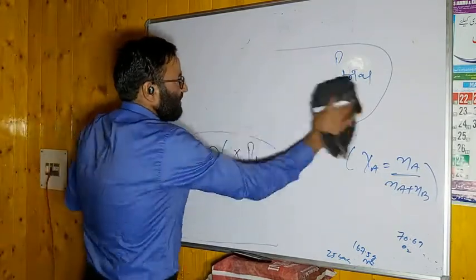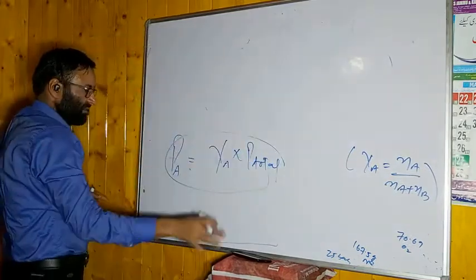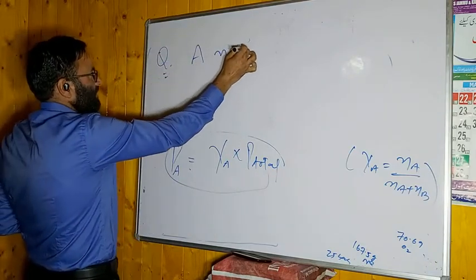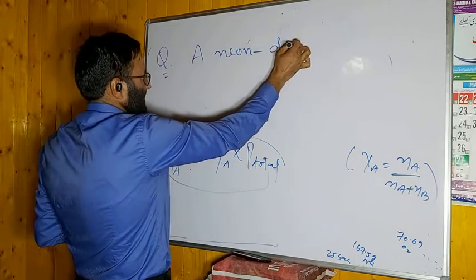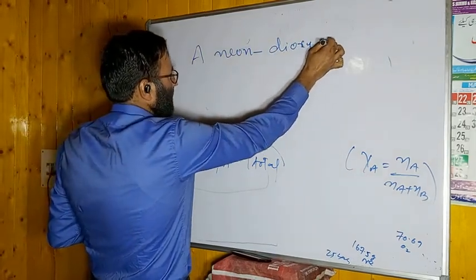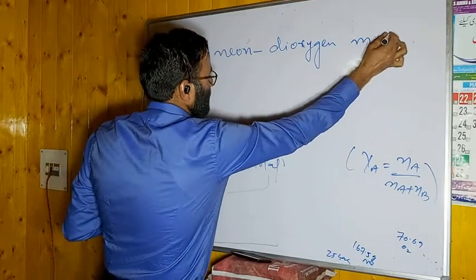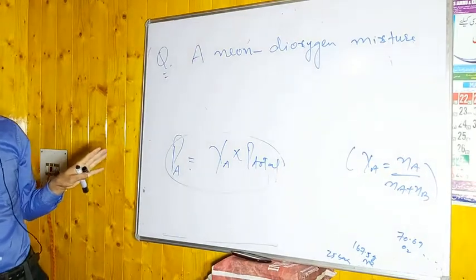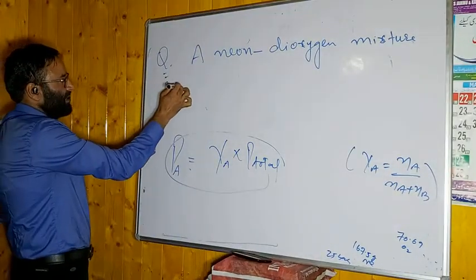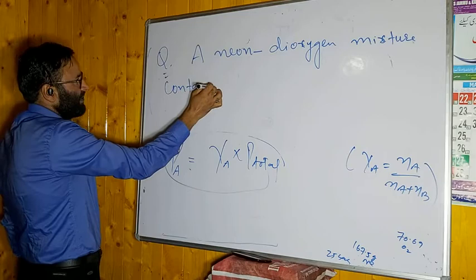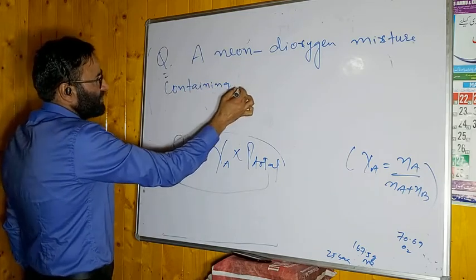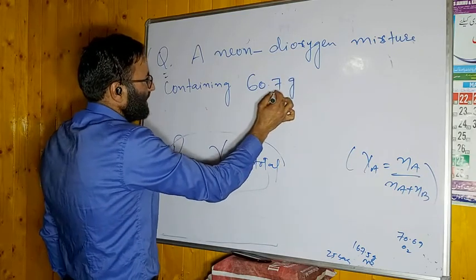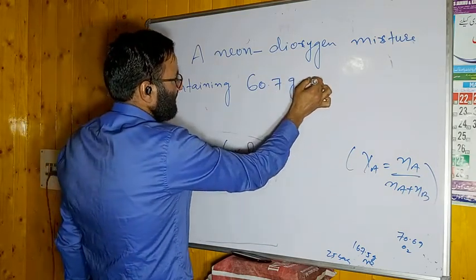The question from your text is a very important problem, the question which comes in the exams. You have a neon dioxygen mixture. This is the point. It is clear here we have just 2 gases. One is neon and we have the dioxygen gas. Mixture containing. अब हम देखेंगे इसमें neon कितना है. Oxygen जो है that is 60.7 grams, containing 60.7 grams of dioxygen